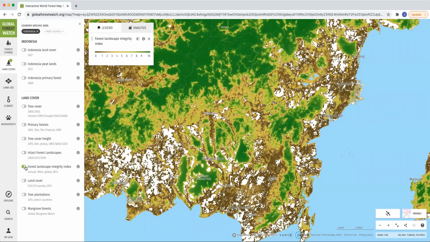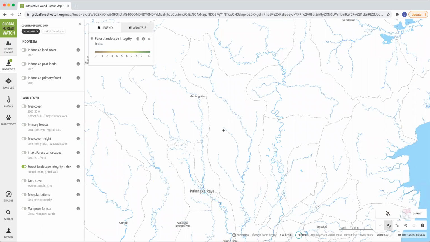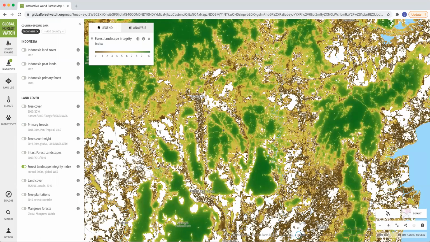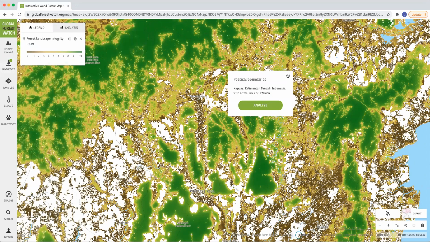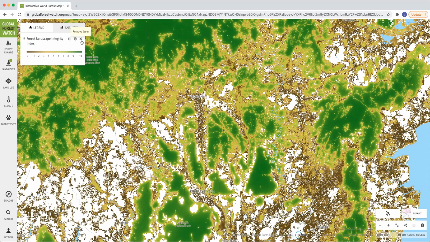This map helps to show where intact forest landscapes are located, which likely mean native ecosystems. We can zoom in with this tool down here, and hopefully that's going to come in again. Sometimes it takes a while. There we go. And you can see these dark green areas mean that the landscape is really intact. And here's our cursor, and you can see below that there are some intact areas. So now let's close this,